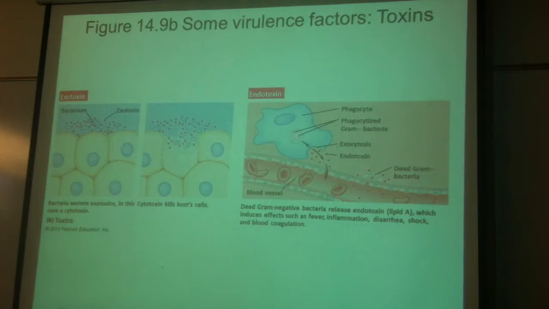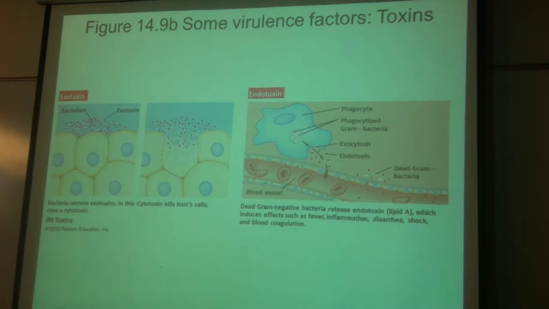With the endotoxins, the classic example is the gram-negative cells. They get phagocytosed, the gram-negative cells get killed, and they release these endotoxins, otherwise known as lipid A, which we talked about a long time ago. So you get accumulation of that lipid A, and it can lead to the fever, the inflammation, the diarrhea, the shock,